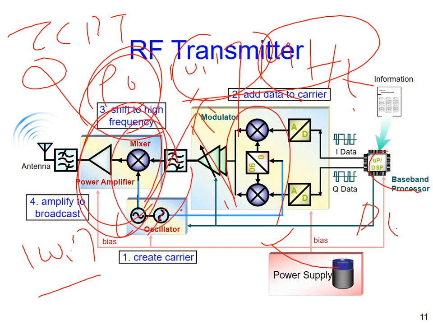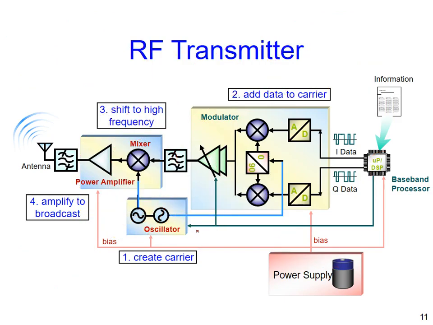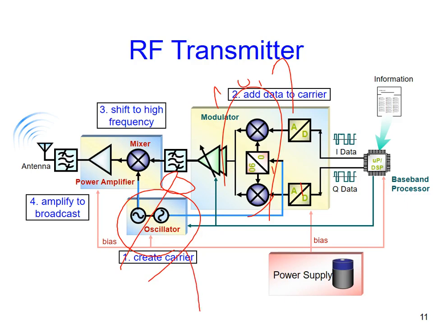Okay, so this one should be tunable. Because I don't think you always listen to ICRT, it doesn't make any sense. You need to tune it. Okay, how to tune it? Because the mid band is fixed, you need to tune the oscillation frequency of the second local oscillator. All right, and how to make it? Again, PLL as a frequency synthesizer, 频率合成器. Okay, either PLL or DLL or both.